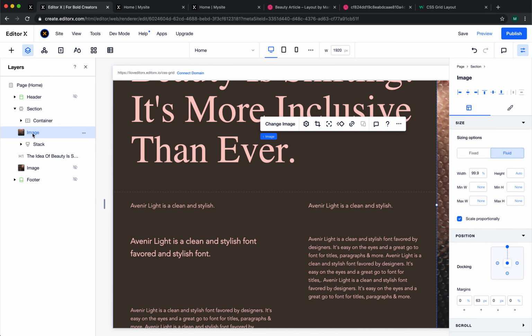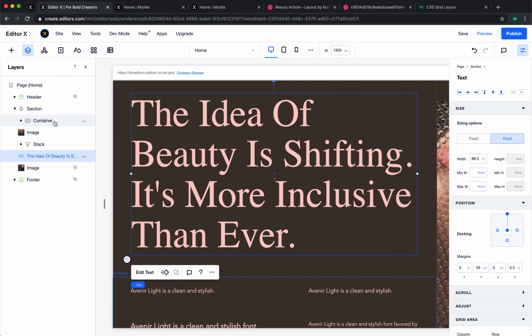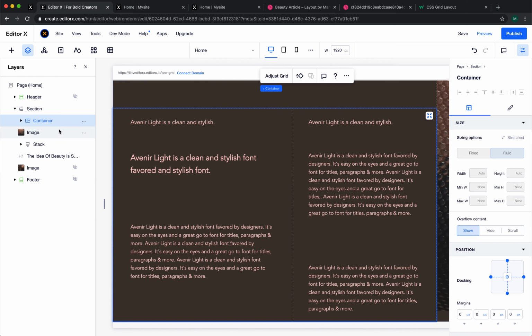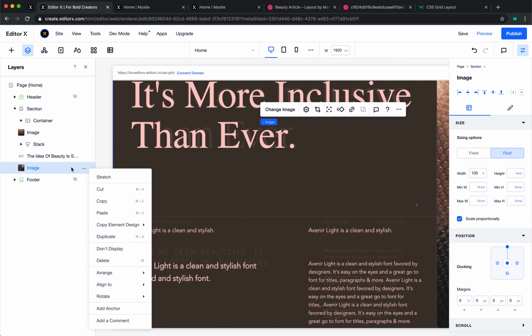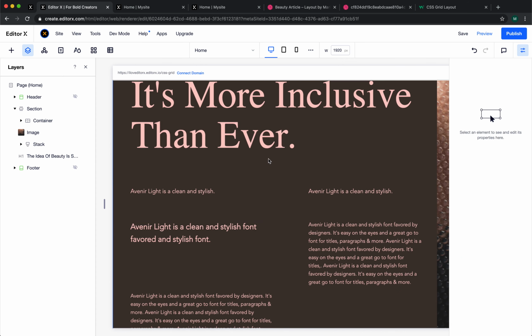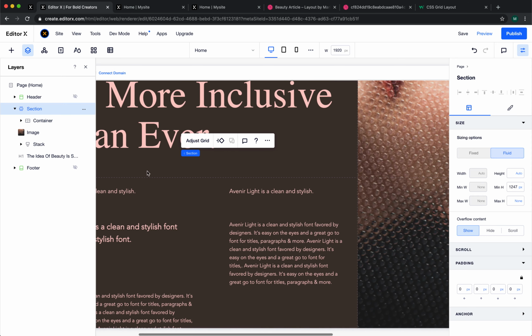So we have the image. This is the h1 big title. This is the container, which is stacked, so there is no way it's making. Oh, basically this is the background image that we passed. We can get rid of it,